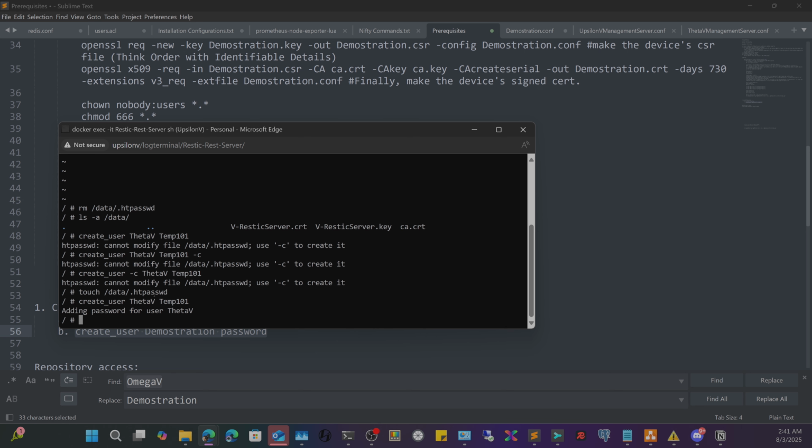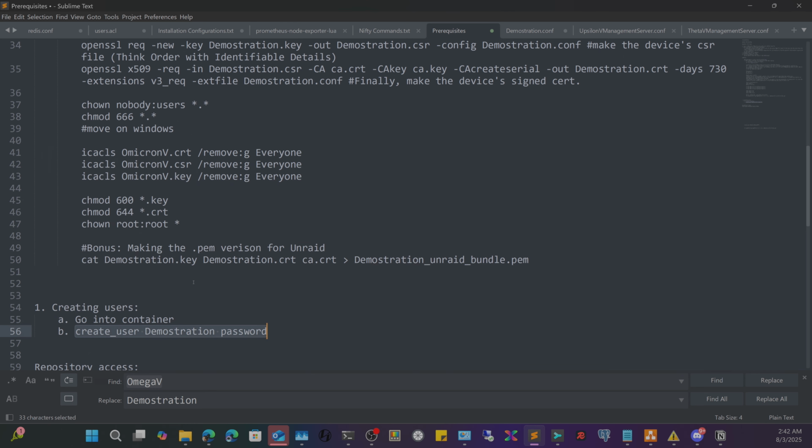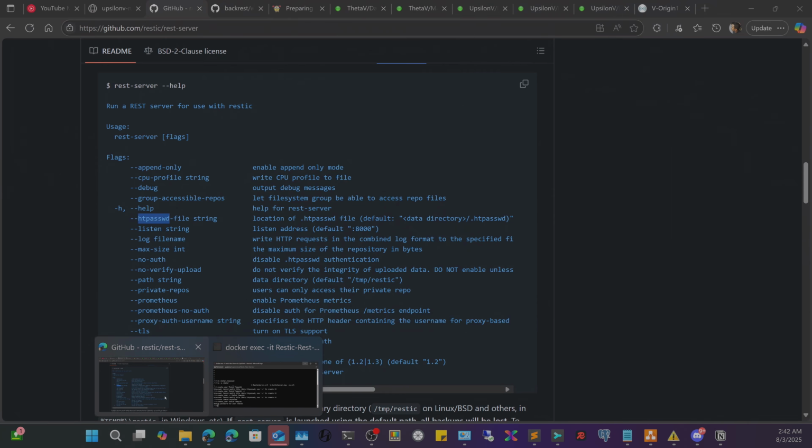So there we go, right? We made our user, we made the password, and that's it. Now, everything from this point forward is going to be mostly UI, I believe. I can't think of anything that's going to need any more console, because, you know, I hate the console. But that's that. Now, let's go ahead and jump to our